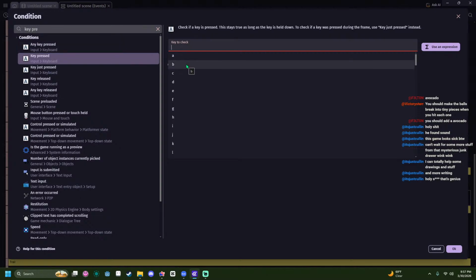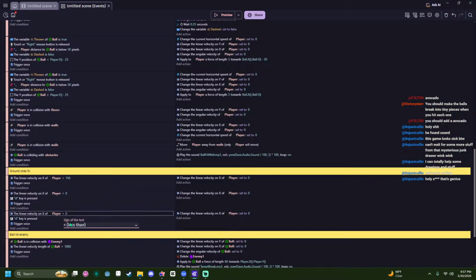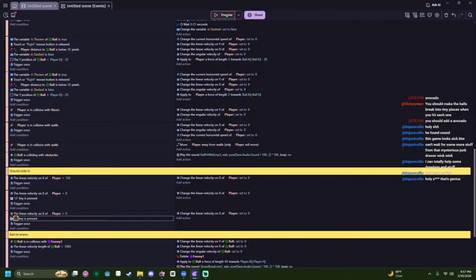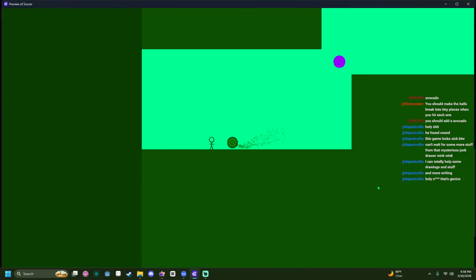Less than 0 means it's going left, so if we hit D, then set it to 0. And if it's greater than 0 and we hit A, also set it to 0. Yes.